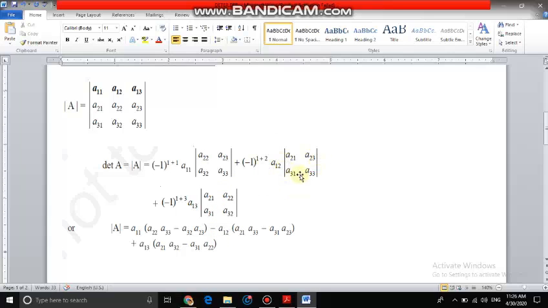Into, and this is a 2 by 2 matrix. We already discussed how to find A21 into A33 minus A31 into A23, and similarly here -1 to the power 1 plus 3. 1 plus 3 is 4. So -1 to the power 4 is plus 1. So that's why before A13 I have a positive sign. Then the determinant of this matrix is A21 A32 minus A31 A22. Okay. So then you know how to simplify these simple linear numbers.